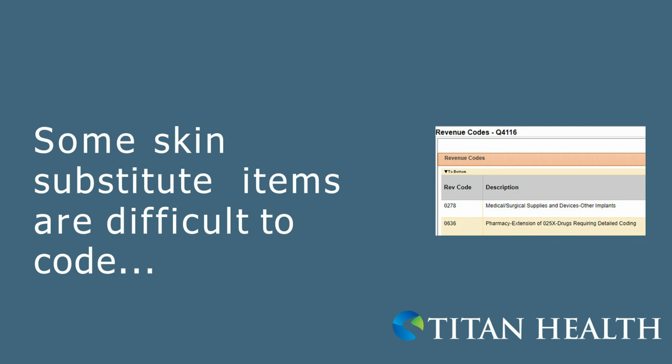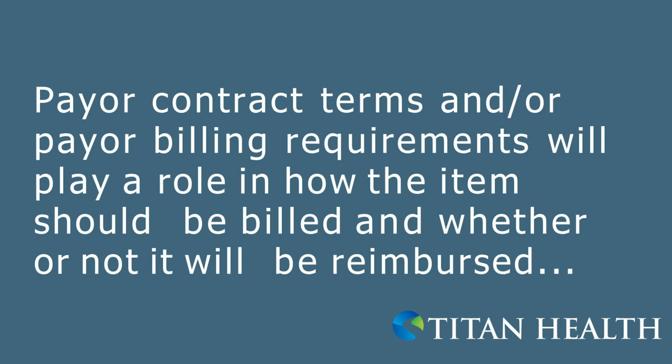Here you can see that both revenue code 278 for implants and 636 for pharmacy are appropriate for this item. But how do you know which one to use to make the most financial impact? Your payer contract terms or payer billing requirements will play a role in your revenue code selection. Contract terms specify how and when implant items under revenue code 278 and pharmacy items, revenue code 636, will be